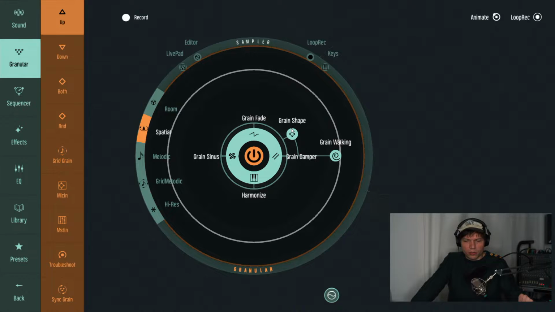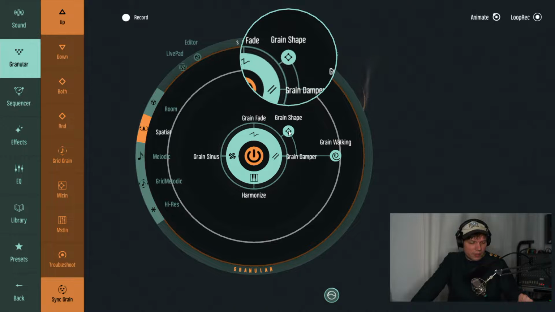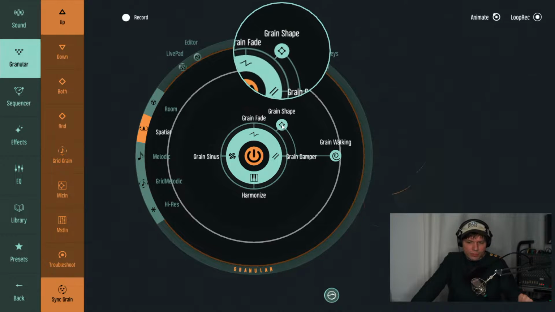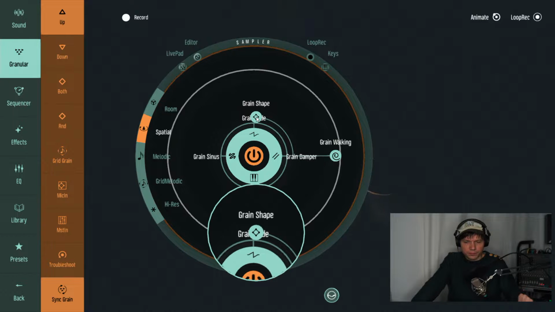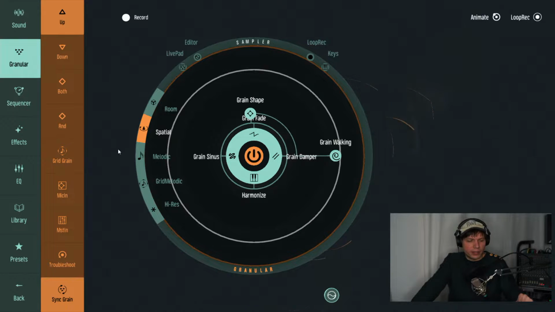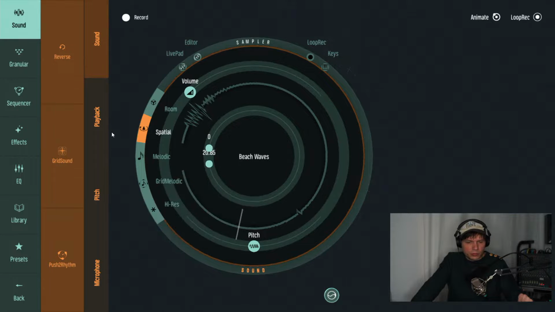And you can also sync the grain shape to the main BPM by using this sync grain function. Now we are at 120 beats per minute, and the grain shape refers to this speed. And the best way you can hear it is when you have a rhythm. So let's just turn it off and go to the other